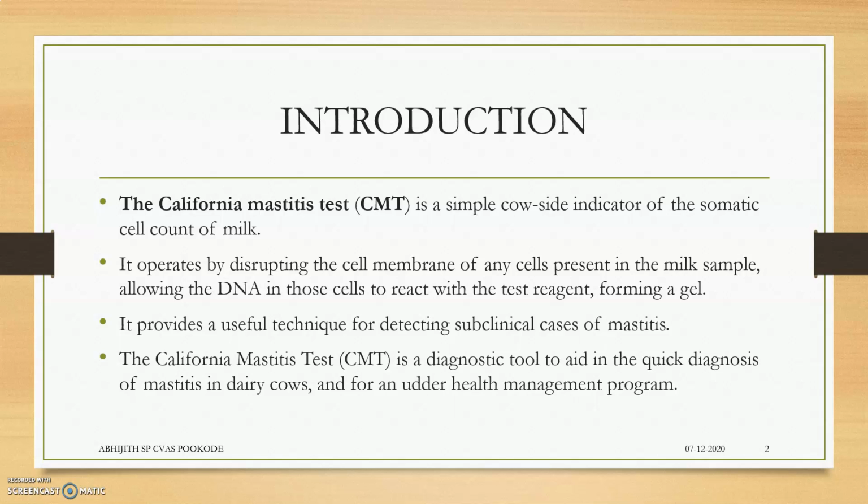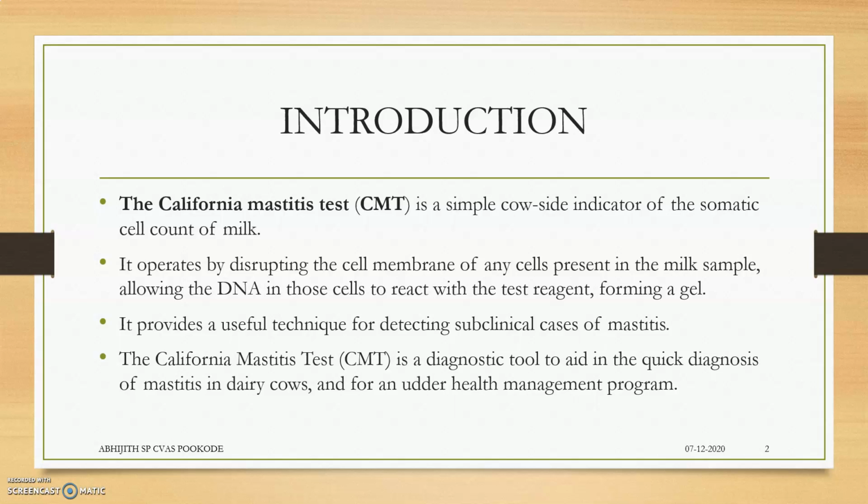The mechanism of action is that it operates by disrupting the cell membrane. If any somatic cells are present in the milk due to mastitis, the cells will be broken and the DNA will react with the reagent in the California mastitis test to form a gel. The intensity of gel forming will be identified and we will be classifying them mainly into four. And we will be getting the details about subclinical cases of mastitis, and the clinical case can also be